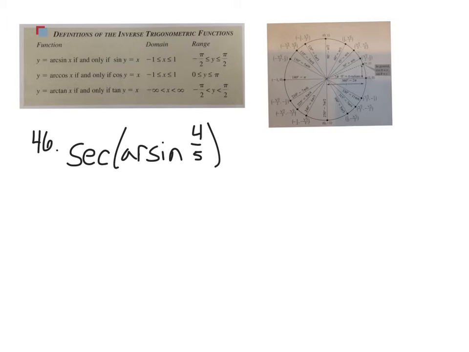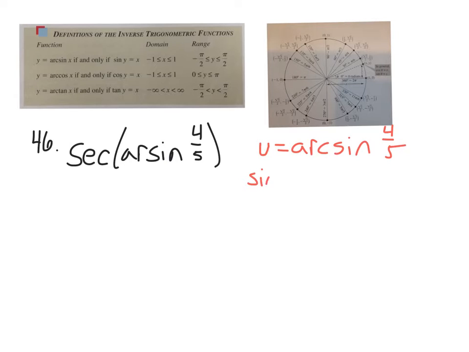But what we're going to do here is we're going to make a little substitution in here. And I'm going to say that u is equal to arc sine of 4 over 5. And I guess the way I look at this is we're going to use these inverse properties, and those are that sine and arc sine are inverse properties. And I guess kind of the way I'm going to look at it is we can take the sine of both sides of this new equation that we came up with. And so then if we do that, we would say